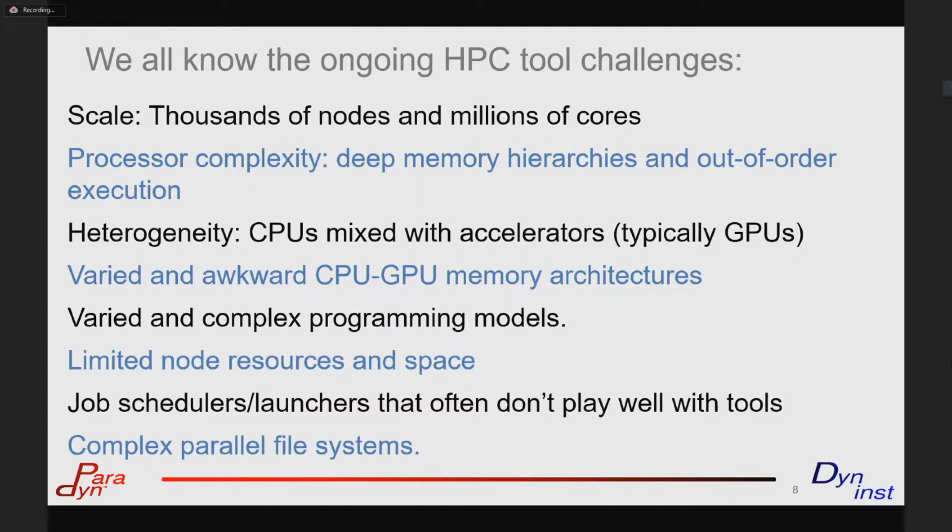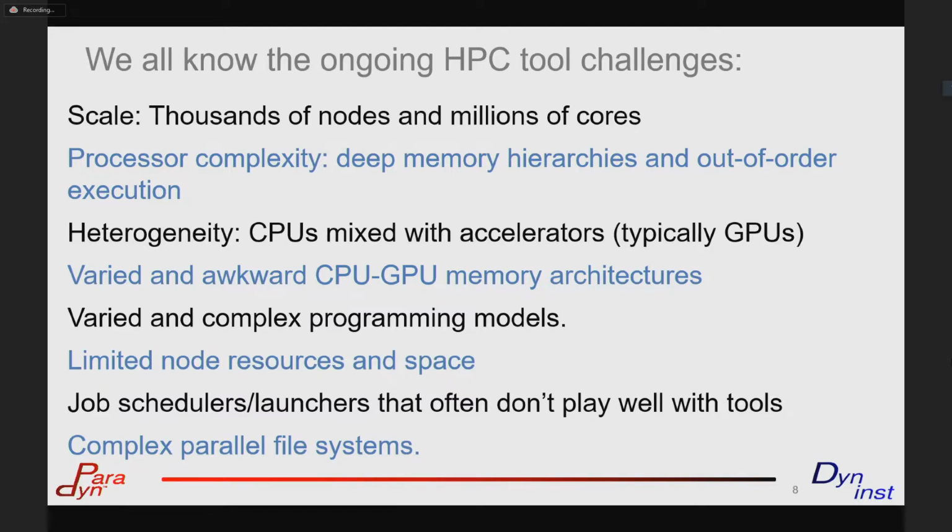So if it was hard enough trying to figure out how to deal with performance on millions of cores, and we have run our tools on millions of cores, now we have these odd devices that are connected to CPUs in odd ways. And people say, what about something like a unified memory model? There's no real shared memory currently between CPUs and GPUs in most domains, and that makes life even more interesting. We have too many programming models out there, and so if you want to present performance data in terms of the idioms the programmer is using, you have to understand too many different idioms, and so that's a challenge.